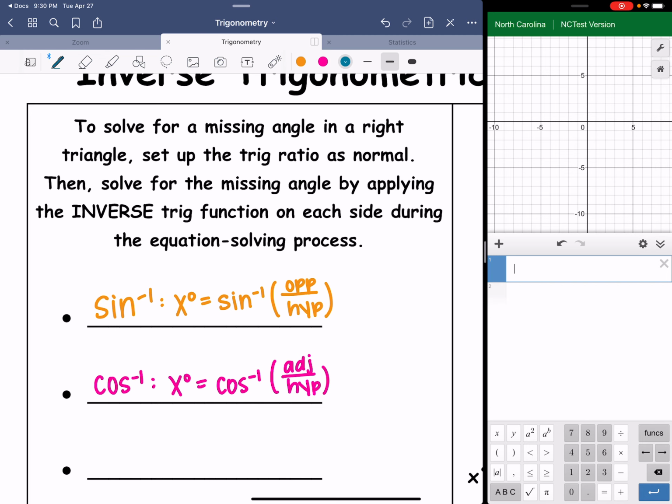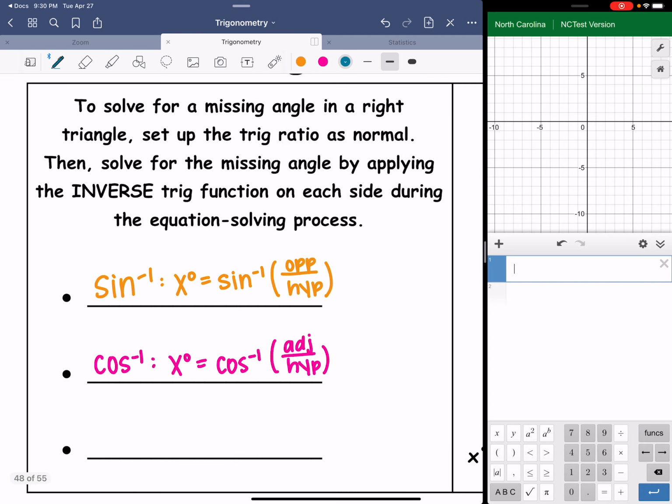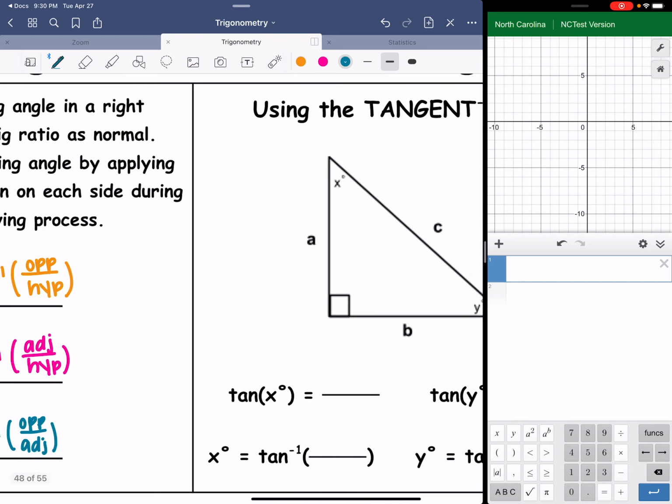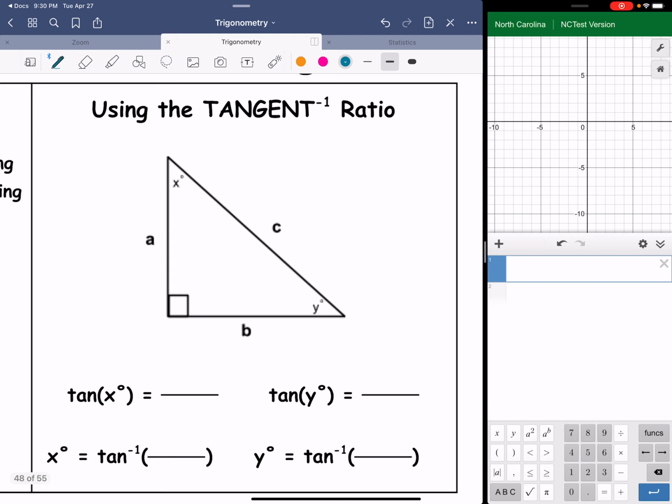And finally today, our focus is on tangent. When we have a missing angle x, we can use tangent inverse of opposite over adjacent to find that missing angle. So using the tangent inverse ratio, we're going to find the tangent of x in order to find the missing